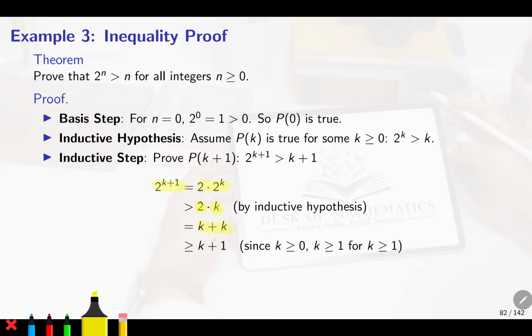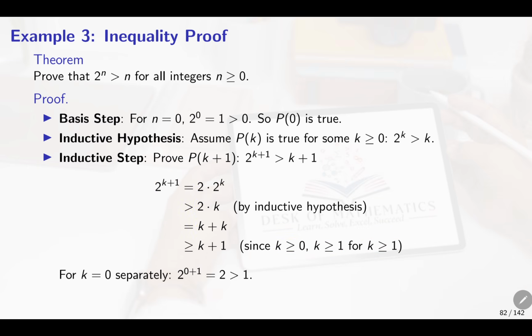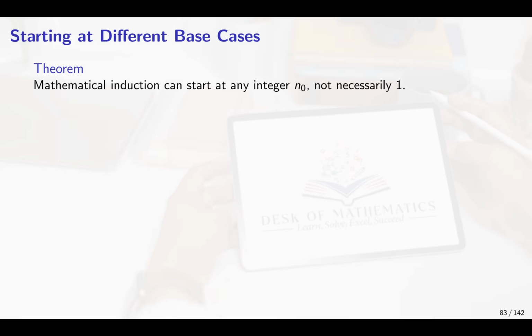Yes or no? And we know k is greater than or equal to 0. Yes or no? Because we have k as 1, 2, 3 and so on. So this is greater than or equal to 0, and so this is greater than or equal to 1. We are just replacing it with 1. So this will be true for all k greater than or equal to 1. So that means this is the proof. Okay.